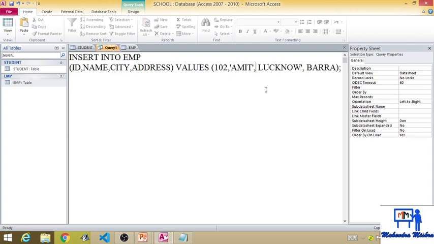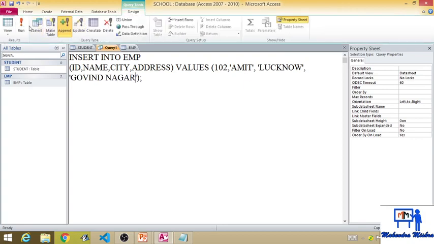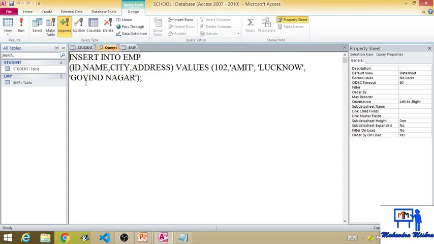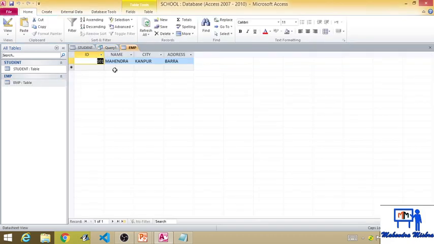Put the single inverted commas, and for the address, give any address. Suppose I have given address Govind Nagar. Okay, now go to the design, run, then you will get the same message. Now see, check your table. Now there is only one record, then you have to refresh, then again this value is inserted.